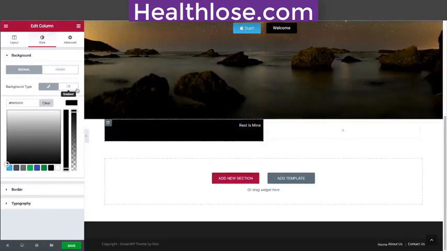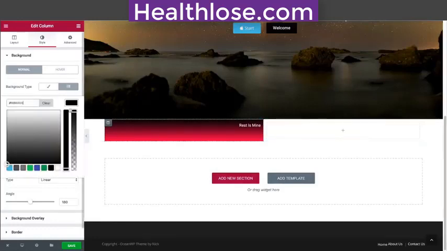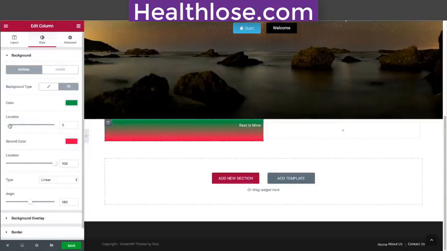Now we can also do the gradient effect. So I'm actually going to show you what the gradient effect is right now. If I click on it, we can change this to different colors. So for example, right here, I have color, and I can change this to something like green, and then for our secondary color, we can change the location. And guys, you can do this for every single module. So it's limitless on your creativity. However creative you are,